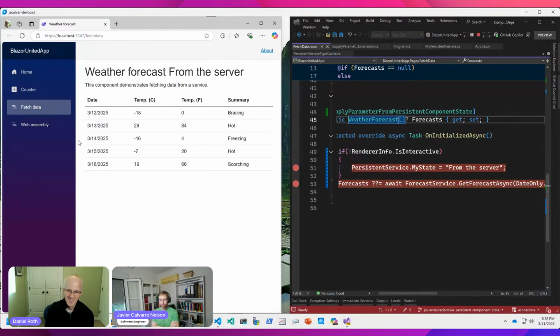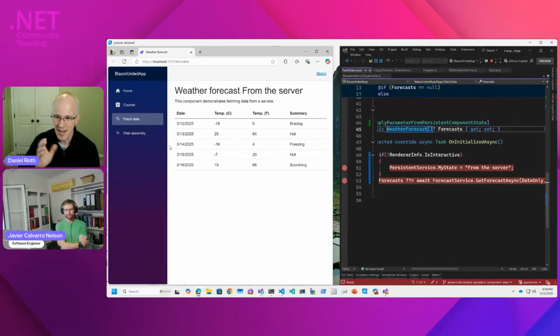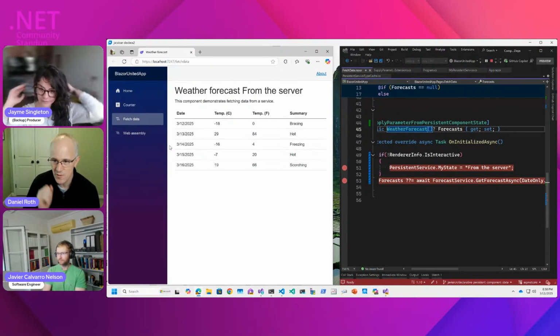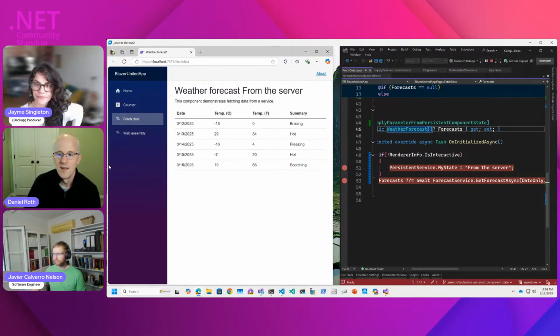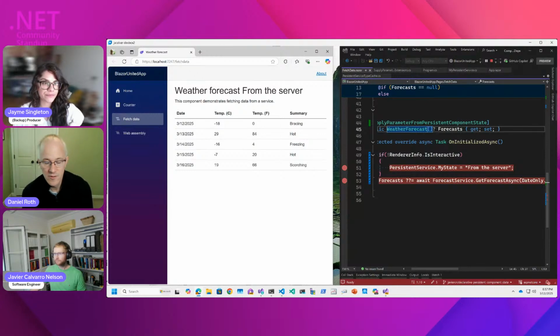Yeah, we wanted to show you and get you excited about it. And we hope you like it. And hear your thoughts. We'd love to hear some questions and feedback that people have on this. This is obviously just step one of this journey. We're kind of thinking of this as various click stops for the .NET 10 release. Getting the declarative model was the first thing we wanted to tackle. And then, as Javier mentioned, we're hoping to expand this to others like circuit state persistence scenarios for Blazor Server